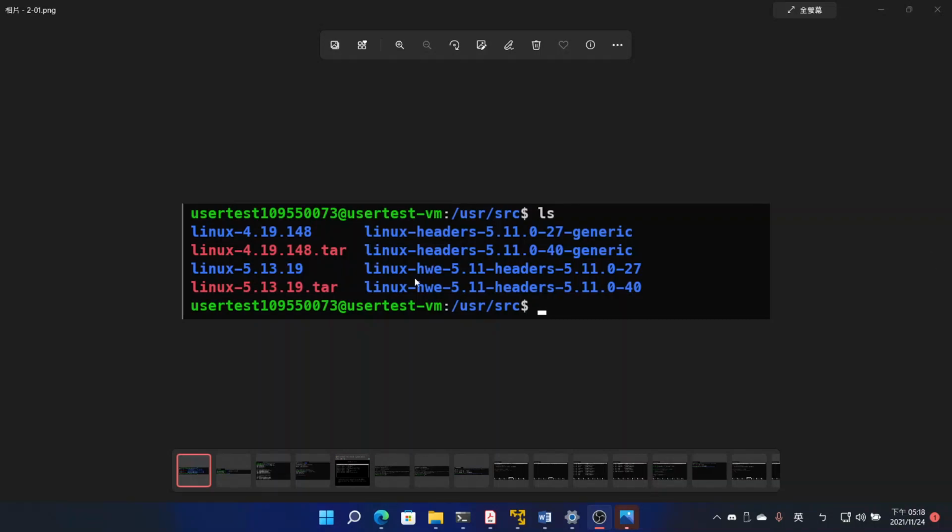Hello, this is Allways project number 2 demo video. My student number is 109550073, and this is my first screenshot, which shows two kernels, which are Linux 4.19.148 and Linux 5.13.19 under